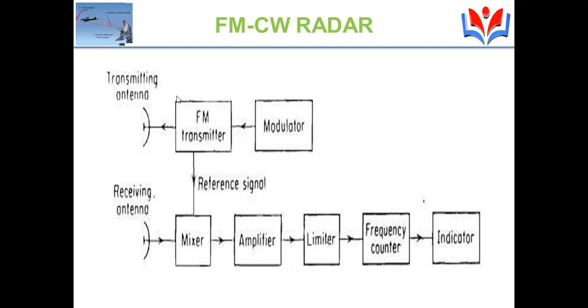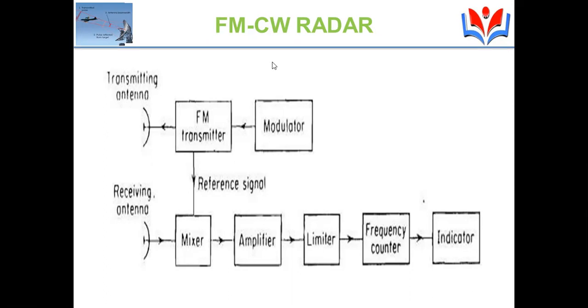So this is the setup of FMCW radar. Here we have a transmitter section where the modulator will be there, and with this modulator we do the frequency modulation process. We can do this modulation as linear or non-linear, like sinusoidal modulated or triangular wave modulated. That process we can perform on a continuous wave. If it is a triangular wave modulator, the maximum frequency will occur at the top of the triangle.